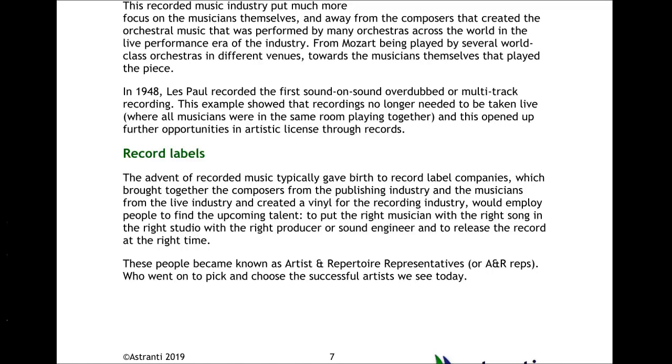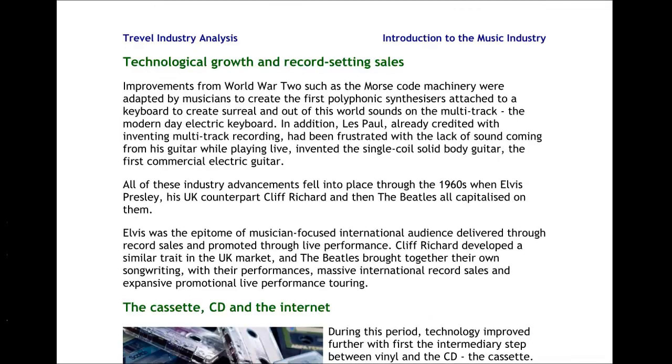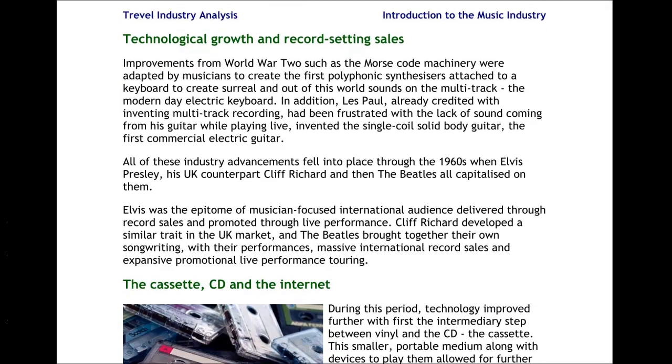So therefore, record labels suddenly have not only this musician to promote and raise the image of with traditional marketing at this time, but also they can add value in terms of the musical aspects as well with sound technicians and stuff like that. So that's the record labels becoming born essentially,